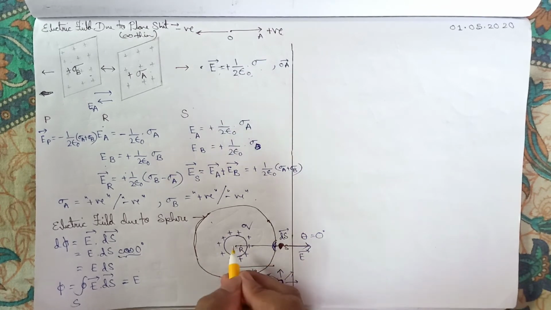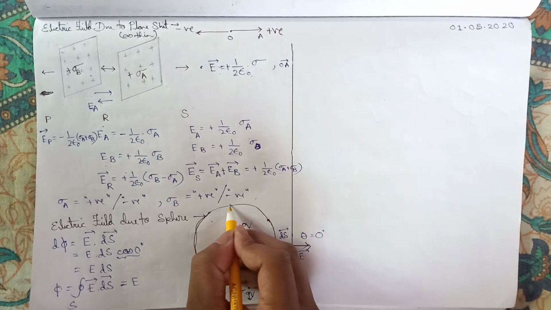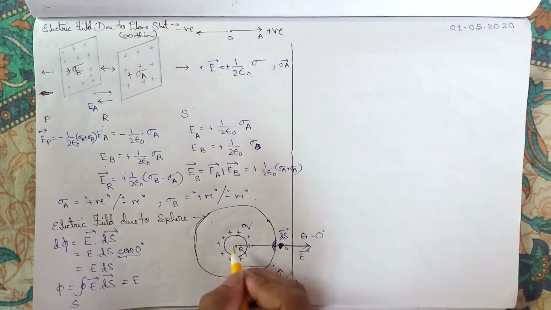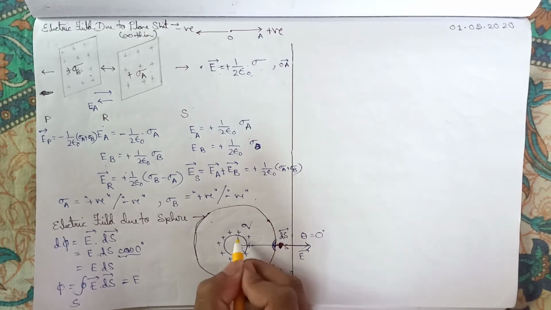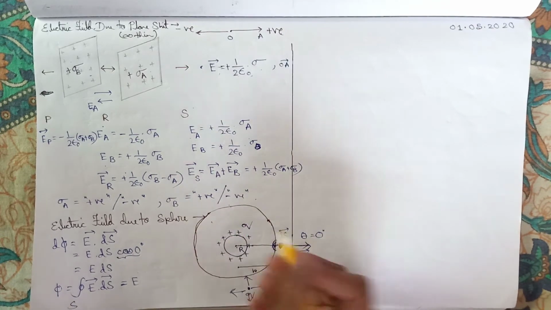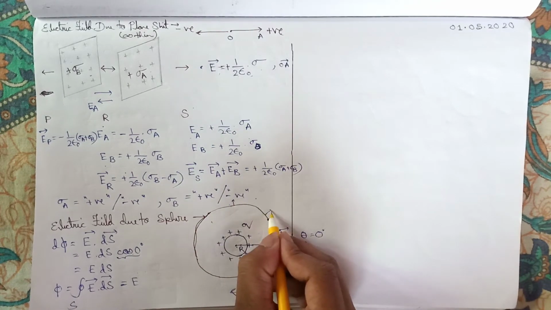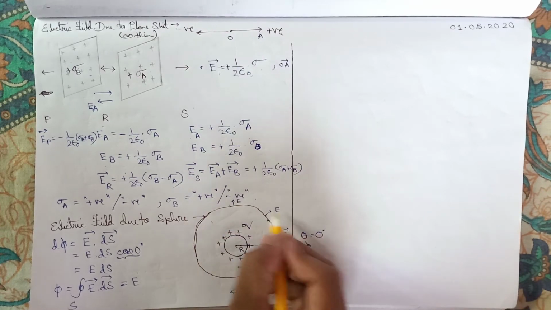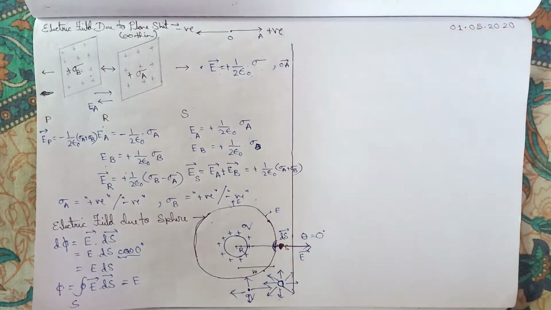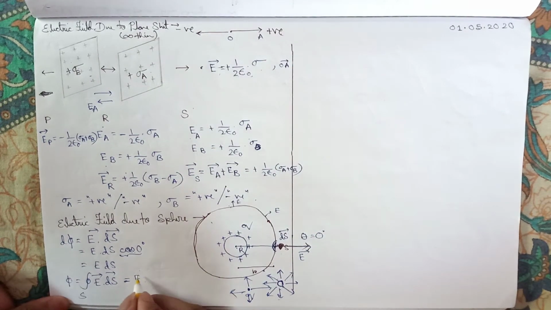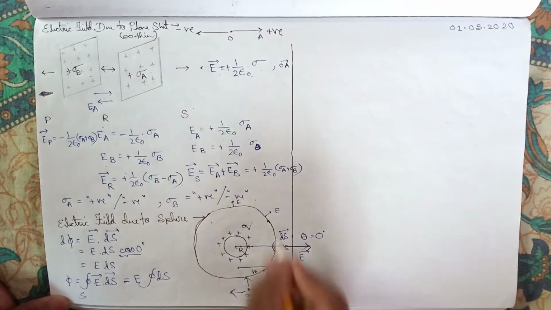Look, the electric field here is equal to the electric field here. The direction is different, but as we already saw, this charge is radially symmetric, so the distance from this shell to this side and to that side is the same. So if we consider an electric field here, the magnitude of the electric field will be the same over this surface, only the direction will be different. So E will be constant in magnitude, and the integration will be only over this small region ds, which will lead to the whole sphere.